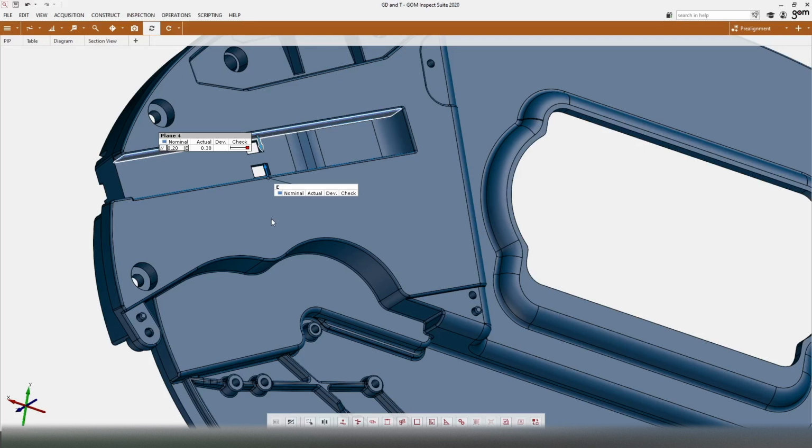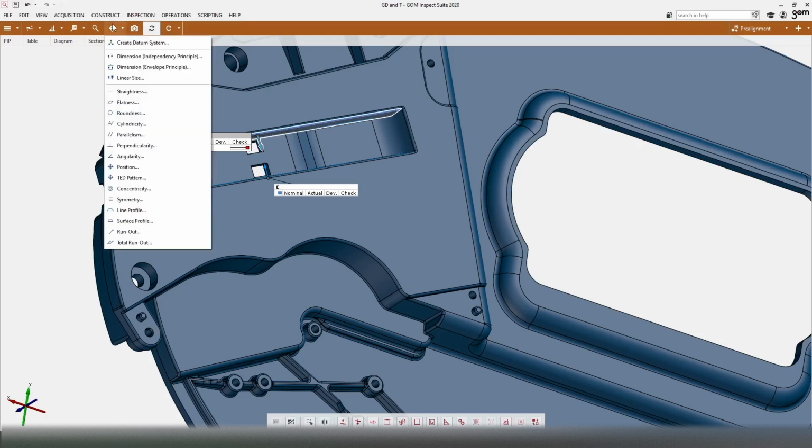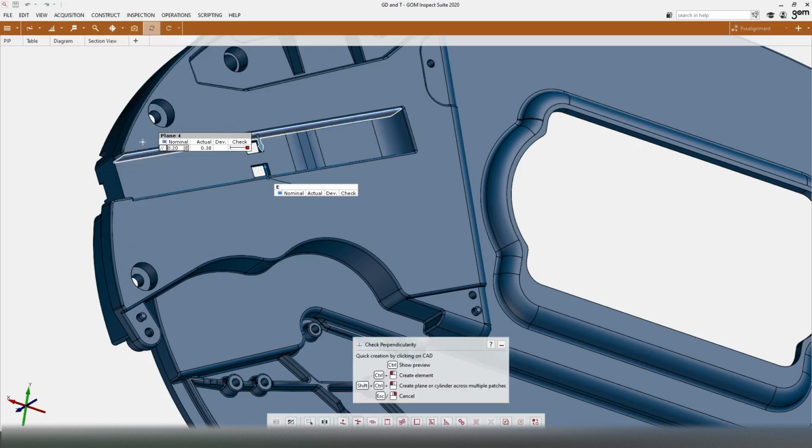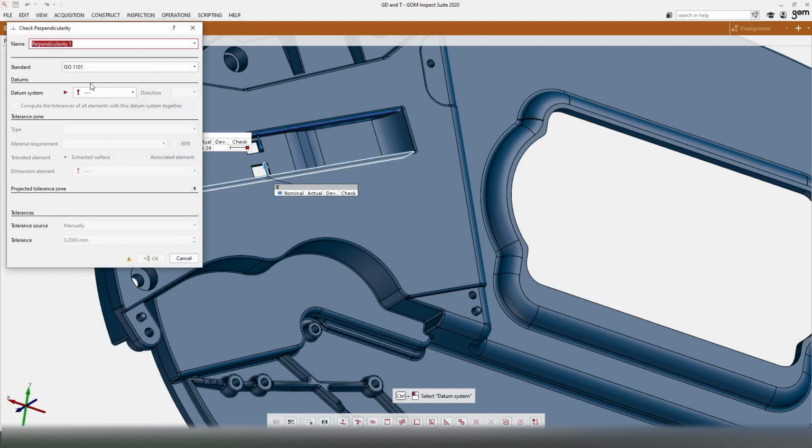Another simple GD&T inspection would be perpendicularity. If we go to the GD&T Quick Creation and click on perpendicularity, we can check the perpendicularity of datum E to datum A, and the most recent slider to datum A as well. If we press down Control and left click on datum E, we can choose our datum system, we'll pick A,